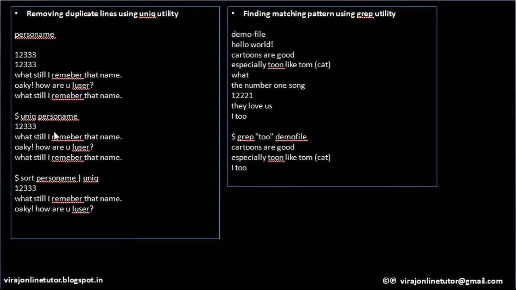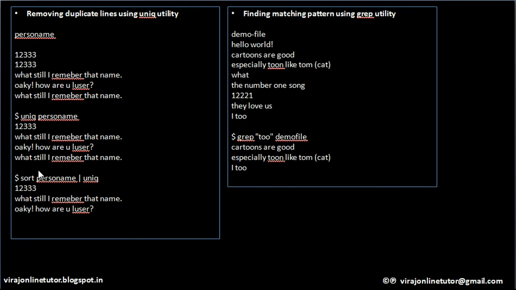But one disadvantage of uniq is, as you can see in this example, this line is repeating here. It's not consecutive, but it is still there in the same file and is not being removed. It is repeating here as well. For that purpose, you have to use a utility called sort and give the file name. Sort will sort this file in lexicographic order. After I do a sort on this file, it will keep these 2 lines together, and these 2 lines together, followed by OK.